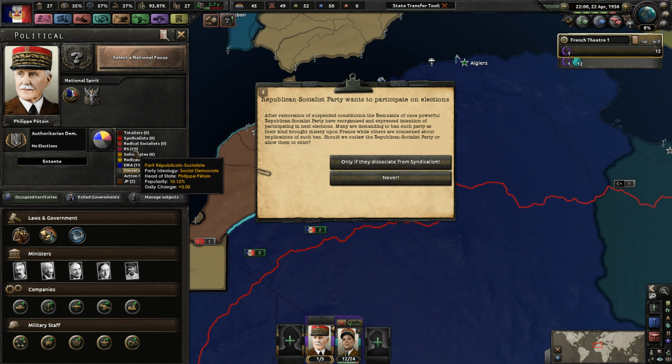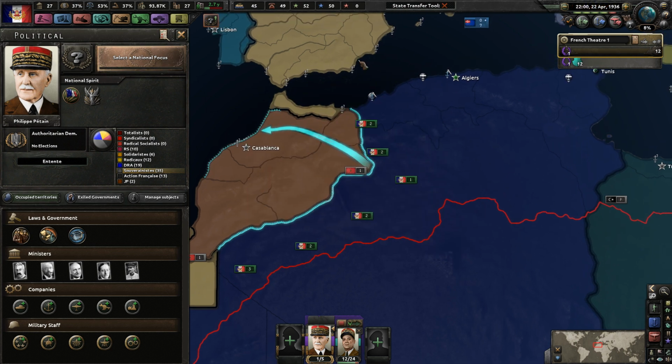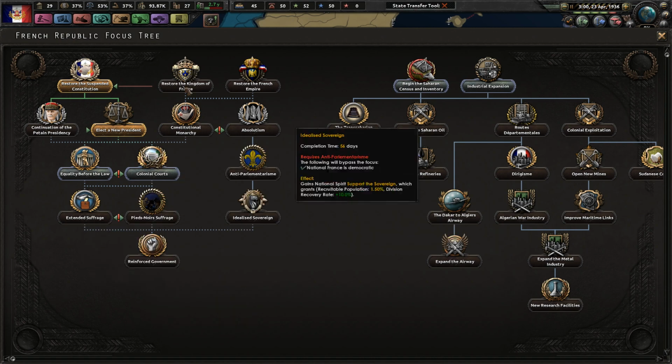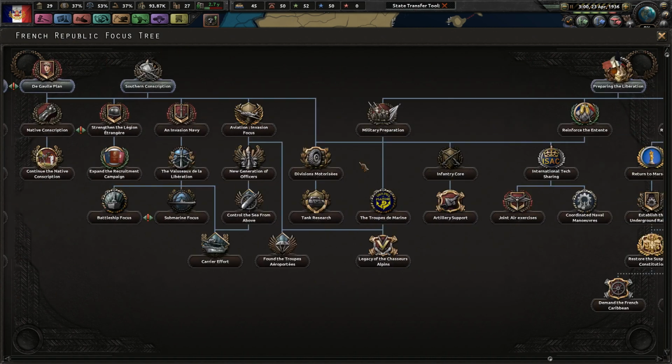The social democracy goes down by 10%. Basically, we just ban the party outright. But I mean, stability's alright. You know what? You're basically syndicalists. Get them out of here. Throw them into the sea. So we're not gonna worry about this right now. I think we're gonna go straight over